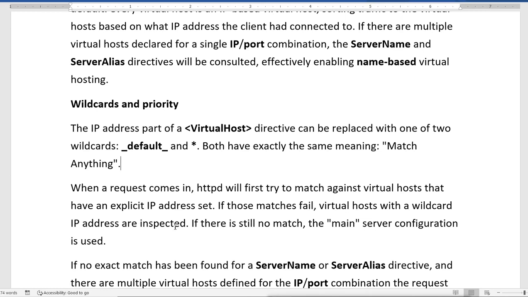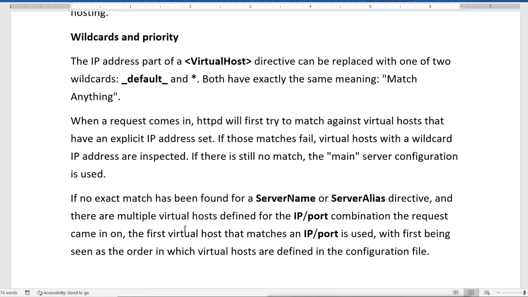Then it will check whether there is any virtual host with a wildcard against the IP address. If it matches the wildcard, then it will provide that website to the client. And if there is no match, then the main server configuration is used.